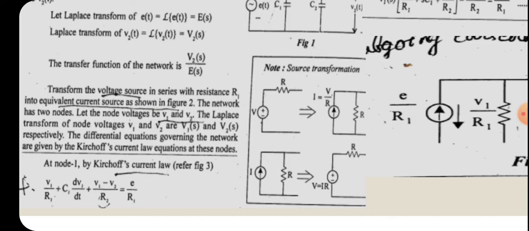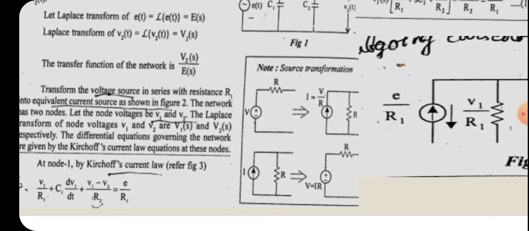Next, a current source can also be converted into a voltage source, and it is shown in figure 2. The lowest figure shows a current source I with a parallel resistance R, and this current source can be converted into a voltage source by using the equation V equal to IR. So the corresponding voltage source V is connected in series with R. This is the source transformation technique, which you might have studied in S3 classes.